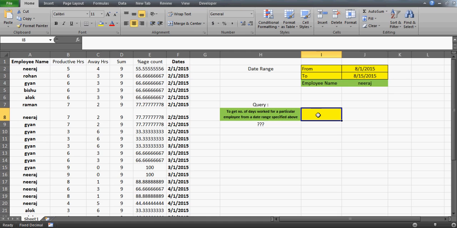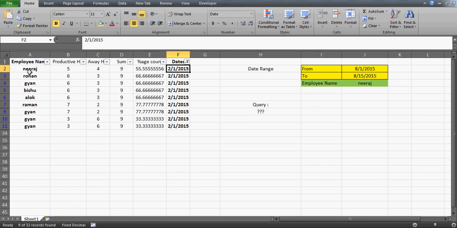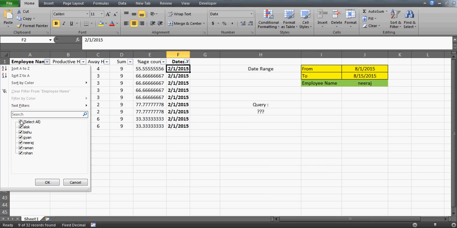Now the tricky part of this problem is that if you have a date repetition here, then that should be counted as one. For example, you see here I have this Neeraj. Let me just filter this and show you. If I click here on the 1st Feb and press OK, and then again click on Neeraj,